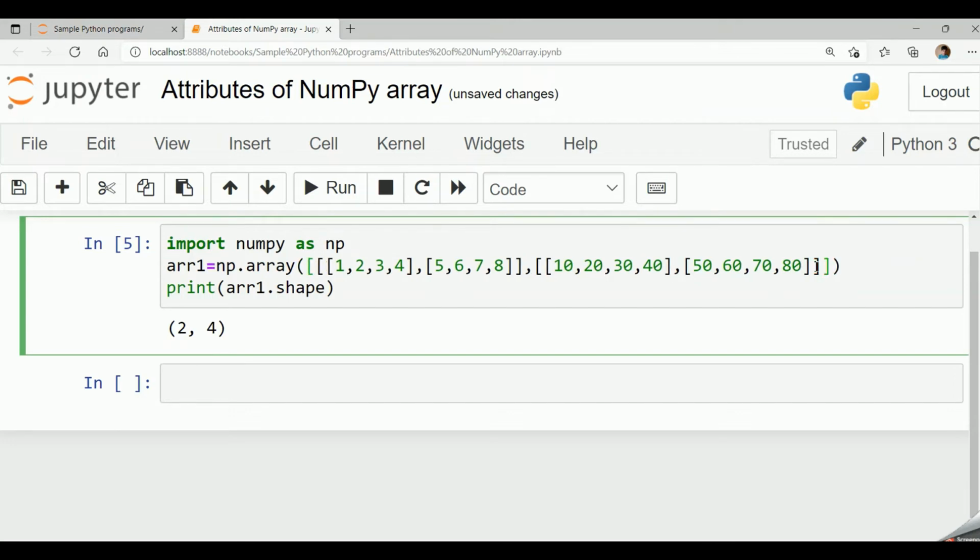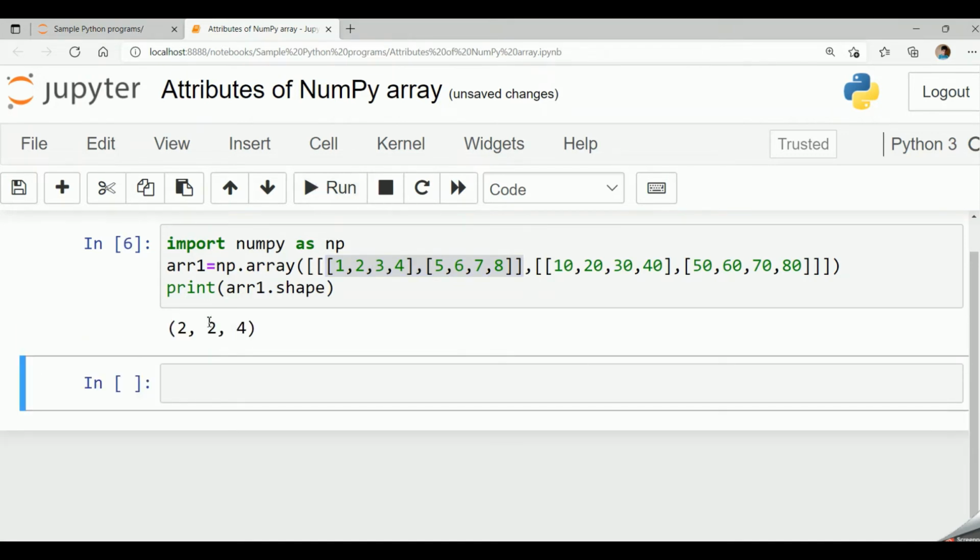So what is the shape of this? Let's see how it works. There are two two-dimensional arrays, so the first dimension would be 2. How many one-dimensional arrays are there in this two-dimensional array? 2. So there are two two-dimensional arrays, two one-dimensional arrays, and how many elements? 4. So the shape of the array would be 2 comma 2 comma 4.